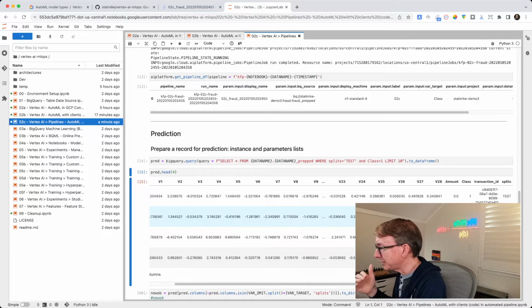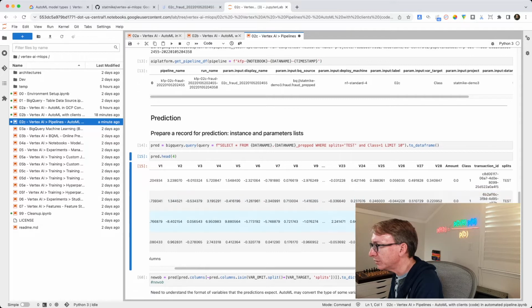The endpoint only needs what was used to build the model. We don't need splits because that was just partitioning the data for training. We don't need transaction ID because we didn't use that to train. We don't even need the class variable because that's what we want it to give us back as a predicted class variable. So we're going to use the variables we created up at the top of the code right here